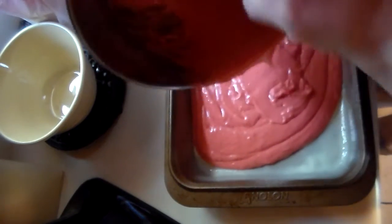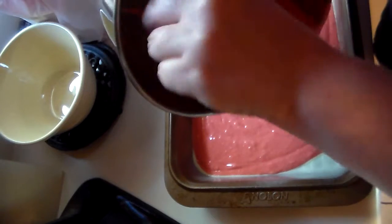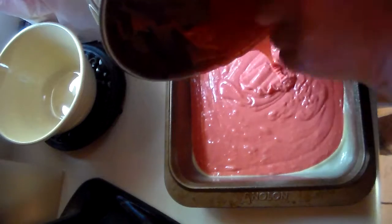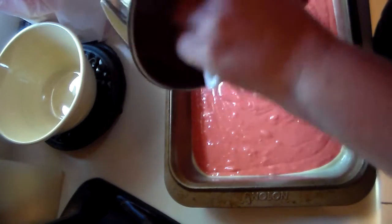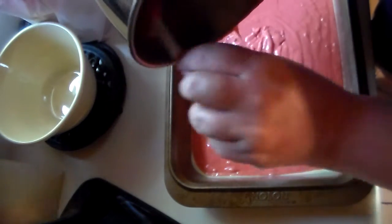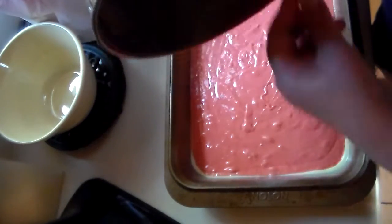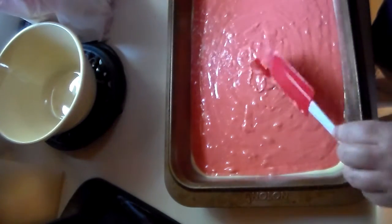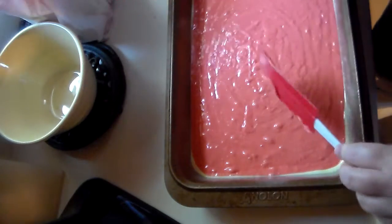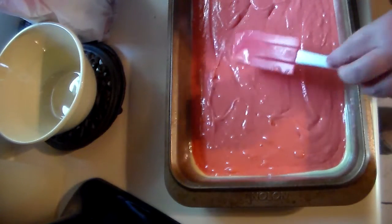I always do 32 minutes, by the way, but the instructions say 35, so I'm going to tell you 35. Everybody's oven is different. I always test cakes, and I know my oven and I know my cakes for my oven, and it's always 32 minutes. So just so you know, when I say 35, more than likely I'm taking it out at 32 minutes. Okay, we're gonna get this in the oven and we'll bake it, and we'll be back